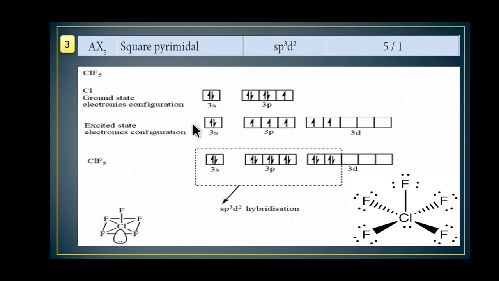When it is in the excited state, one pair of 3p is jumped to the next level, 3d, so it involves the hybridization. Okay, sp3d2 hybridization is possible. Okay, next one,